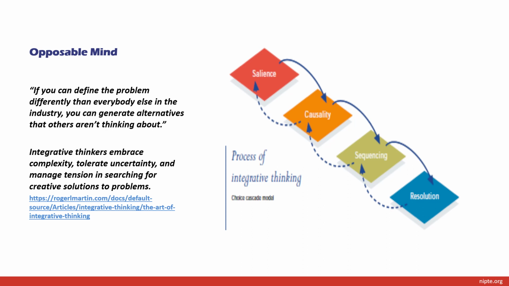And the process of integrative thinking starts with salience, looking at the big picture, collecting all the dots that may be relevant without being biased by our own constraints and our own thinking. So many of you may not have the disciplinary education in solid state chemistry. So for you, solid state chemistry is one element which is not necessarily within your thinking space. So adding that solid state chemistry as a dot in your thinking space and looking for causality, what causes what. With levothyroxine, we saw the wonderful presentation by Professor Morris on establishing causality of the stability of